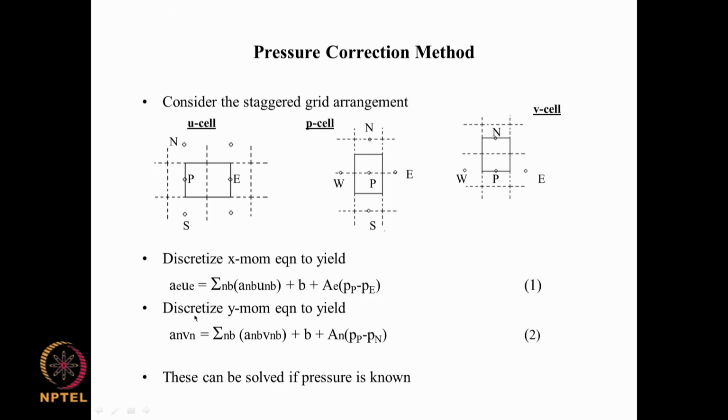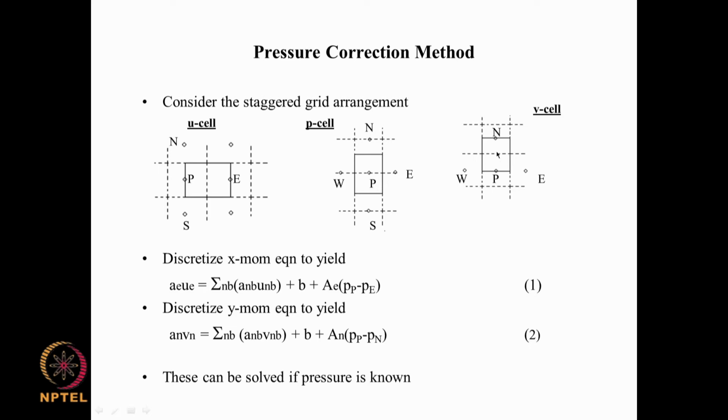Similarly, when we discretize the y momentum equation, it is evaluated at a grid cell which is centered around half a distance displaced in the vertical direction with respect to P. So for this one, this is centered around the north face of the P cell. Okay. So here again we can go through the discretization and express the velocity at this point, which we are calling Vn, small n, indicating its north face velocity with respect to the capital P here.